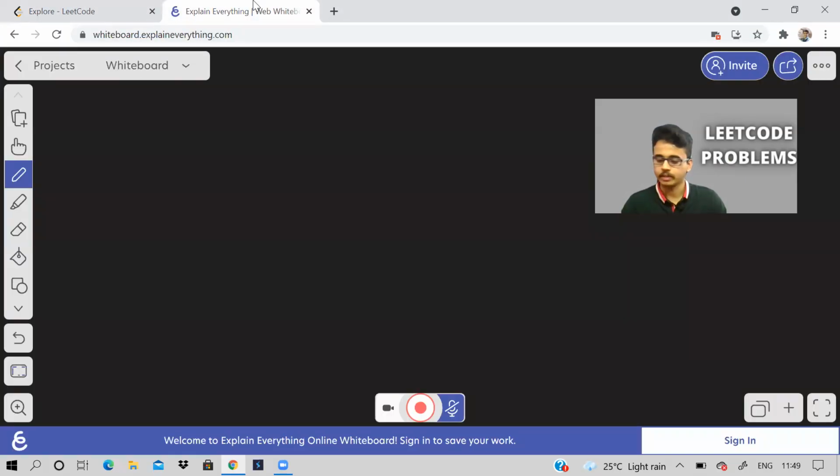So what does this mean? If our linked list is 1, 2, 3, and we have to split the linked list in 5 parts, then we should split it in such a way that each part has almost the same size, which means the maximum possible difference in the sizes should be 1, and the parts that come earlier should have a larger size than the parts that come after.